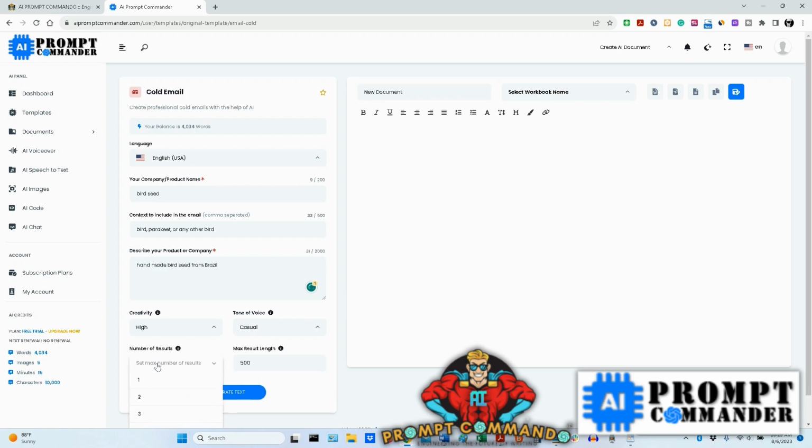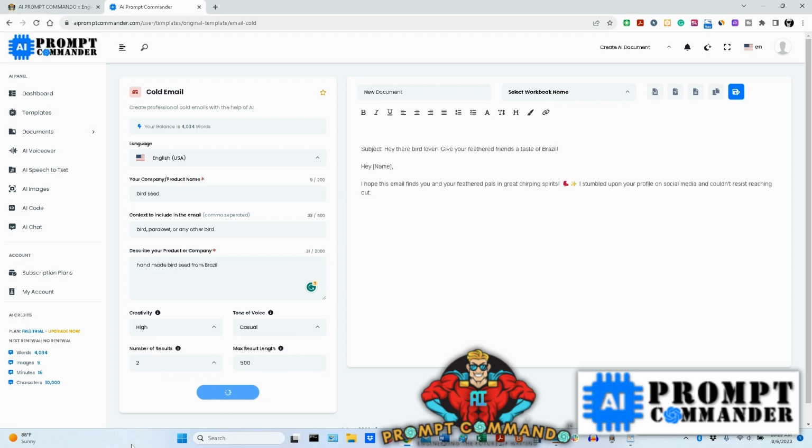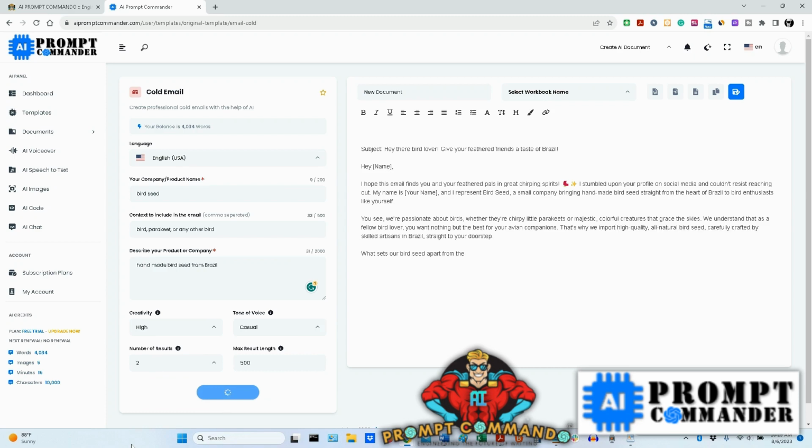And on this one here for the cold email, we'll just go ahead and do like 2, and we'll just keep it at 500. Now, typically, you can see on here the maximum usually is 500 right now because you're in the trial period. Once you pass the trial period, then I can set it up where you can get higher results. But we'll do that. Now we'll just go ahead and generate the cold email. Let's see how long it takes. Boom. Look at that. It's already giving you the subject. It already gives you the context there.